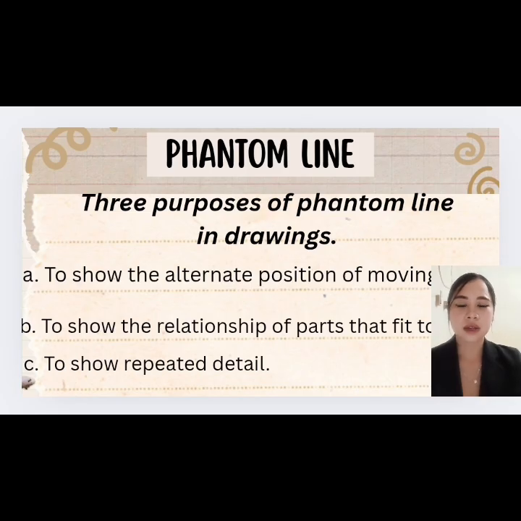There are three purposes of phantom line in drawings. First, to show the alternate position of moving parts. It means that the phantom lines are used to illustrate how parts move from one position to another without drawing